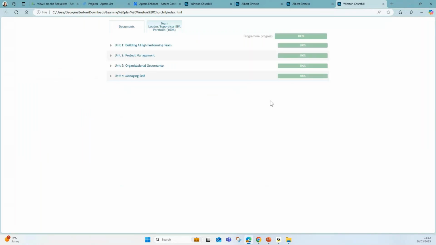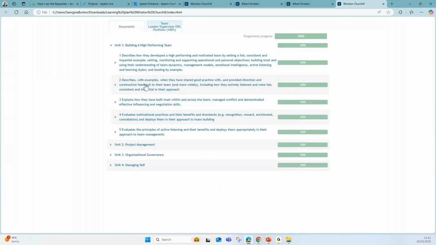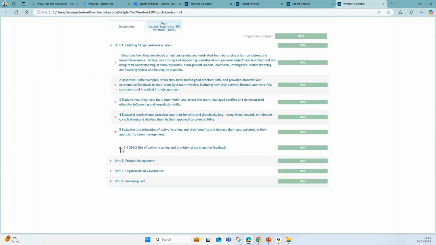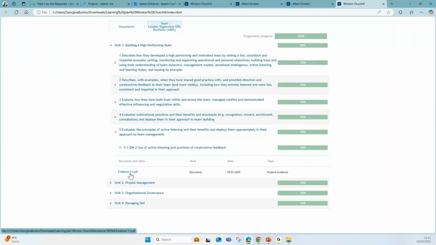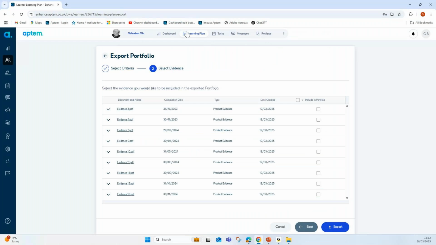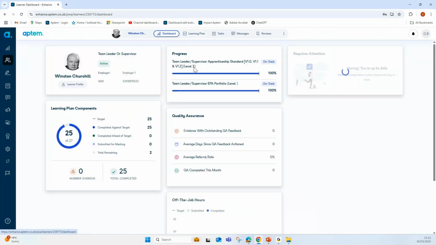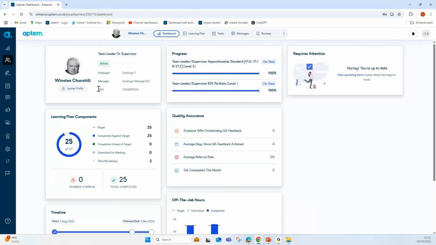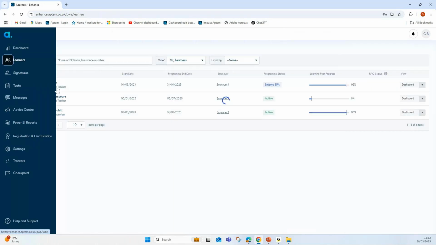And again, because I only brought out what was mapped to the portfolio, it will just show me that similar mapping, and I can go in at evidence level to actually find which pieces of evidence have been mapped to each portfolio item. So just a couple of different approaches that we can take within Aptem, either by having the separate criteria set for the portfolio, or like we've done with